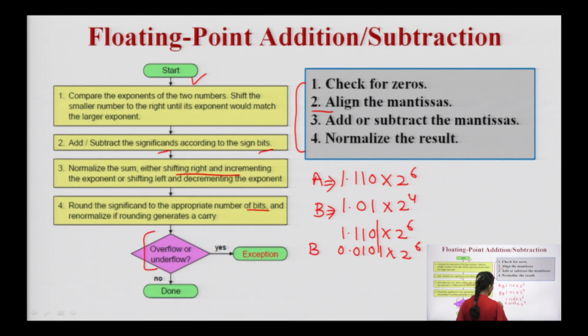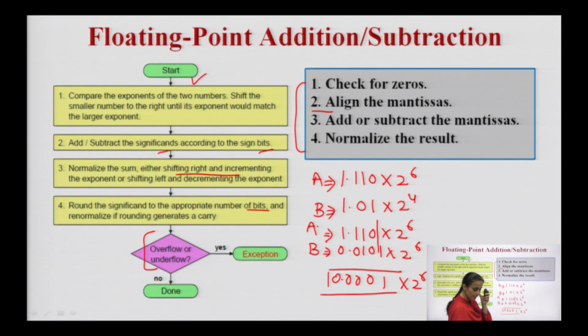This is now B. I have aligned the mantissa. Now I will perform the addition operation as given. This I have got after the addition. Now I will do the normalization, and my result will now be 1.0001 into 2 to the power